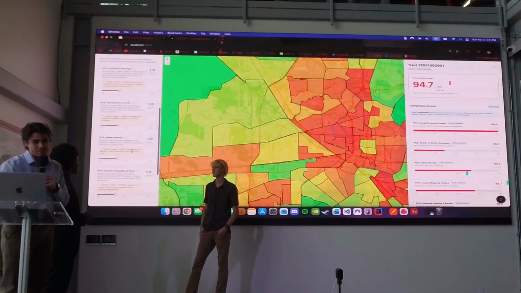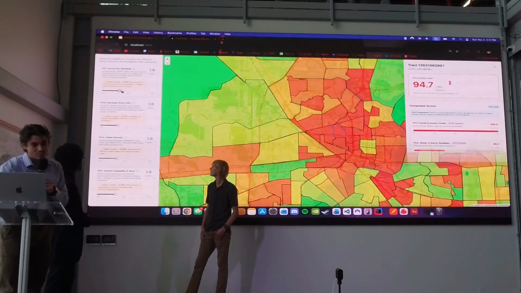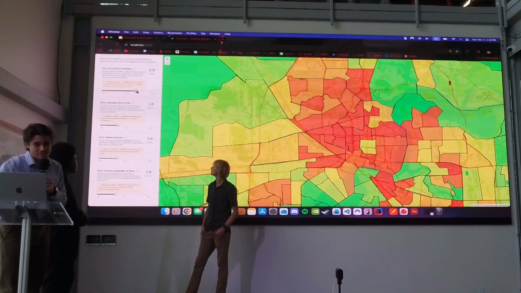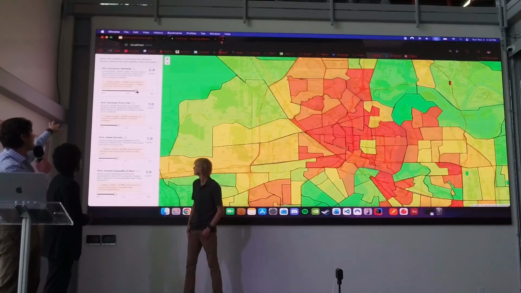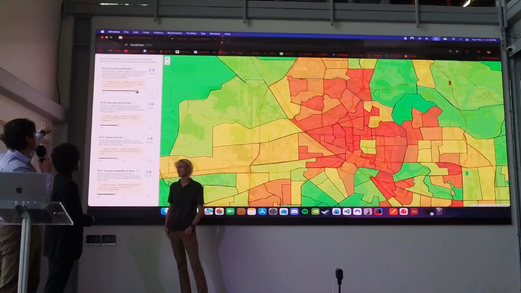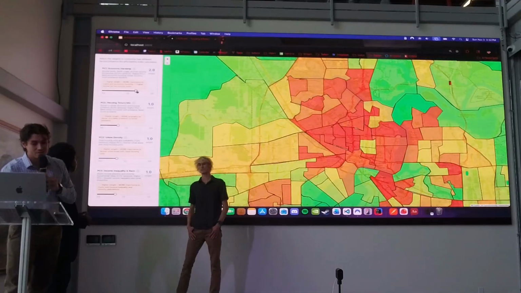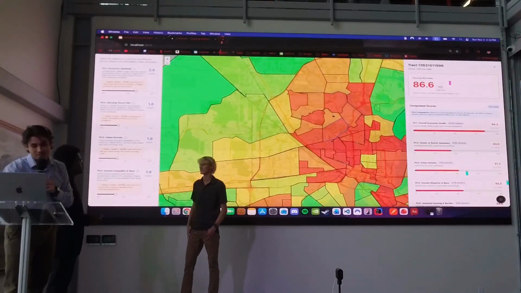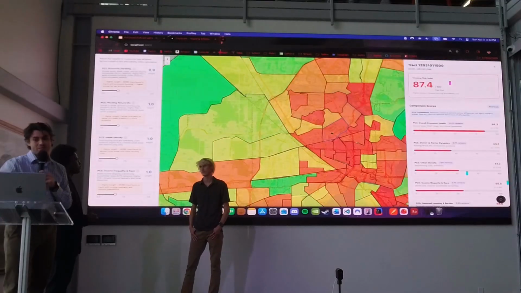And so as we go down, really focusing on that interactability, we have each of these PCs labeled, and you can independently weight ones more or less. So for example, I rated this one as a 2 for economic hardship. So it explains it right there. Higher weight equals more importance to tracts with economic hardship, higher scores for low income areas. So if I click on this now, it's going to be 86.6, but if I move it back down, it's going to be 87.4.